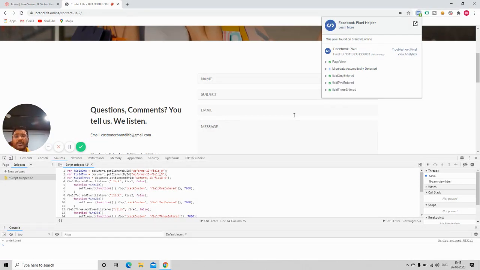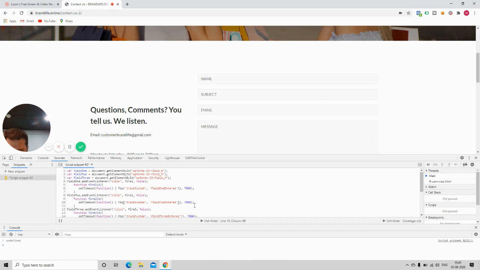But along with the custom event, you can send some amazing data in the form of object parameters. All you have to do is include that object in the Facebook pixel event. So I'm going to add one. I'll put value, and in place of value, I'll put e.target.value, where e is the parameter that was passed into the function.